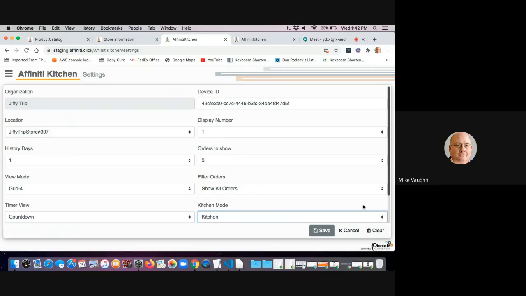And when it's ready to be taken out to the car, well, where is the car? That view also uses the check-in that the driver used to say, I'm in this spot. So when the order is ready and the kitchen bumps it along, and then when the driver checks in, that's the information that is presented to the routing view so that the runner knows there's this order and there's somebody sitting in their car in this spot and I need to take the order out to them. Okay,